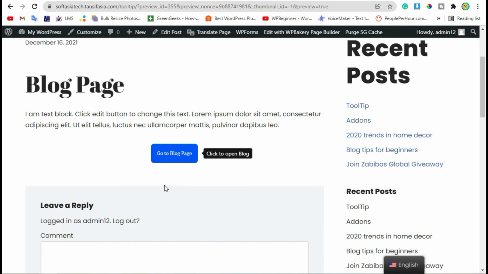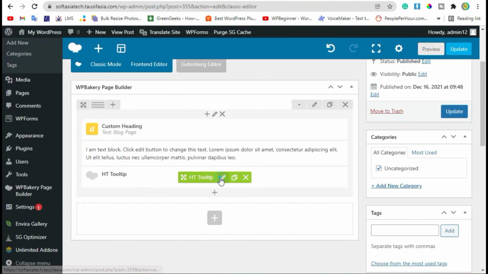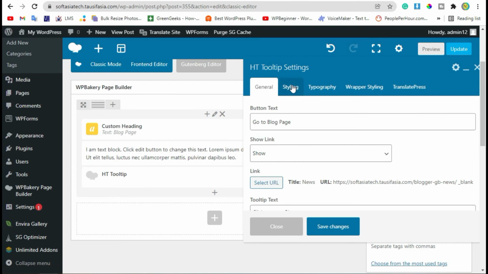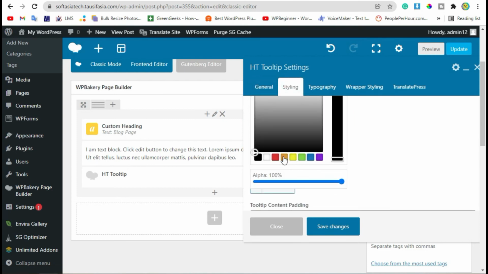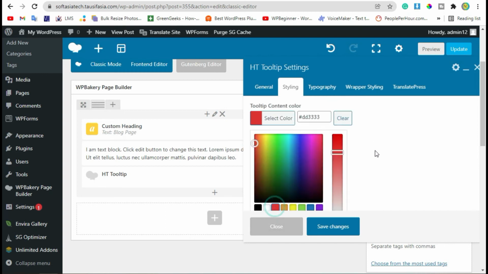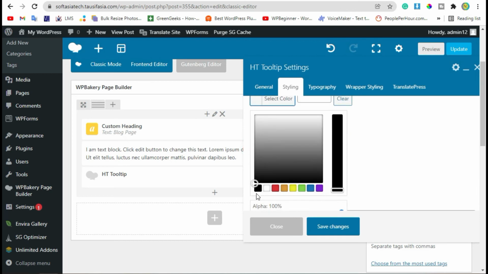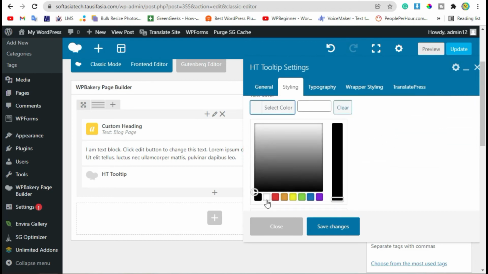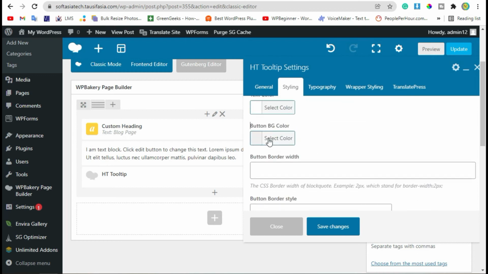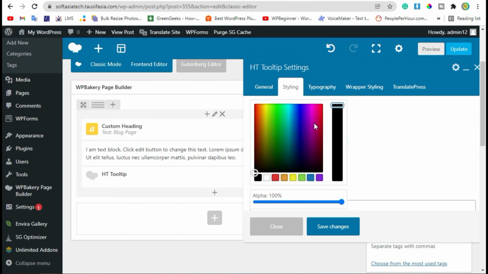Now go back to editor, edit the button. Now we will change the background and text color. For this, choose a red text color and black background color. And for the button, text color is white and button color is like this.